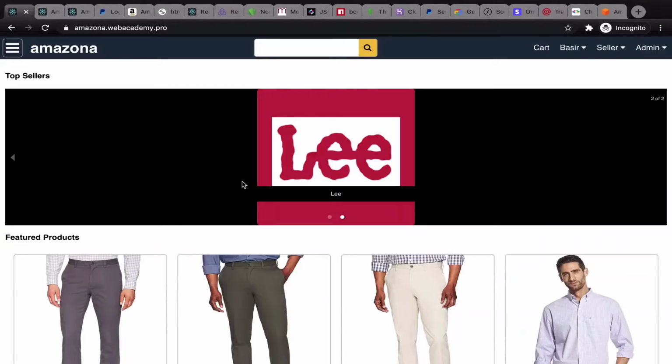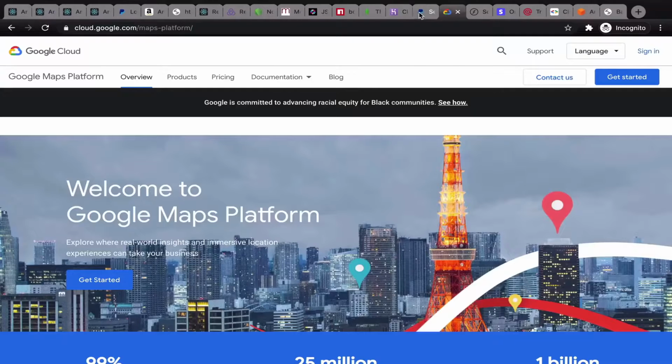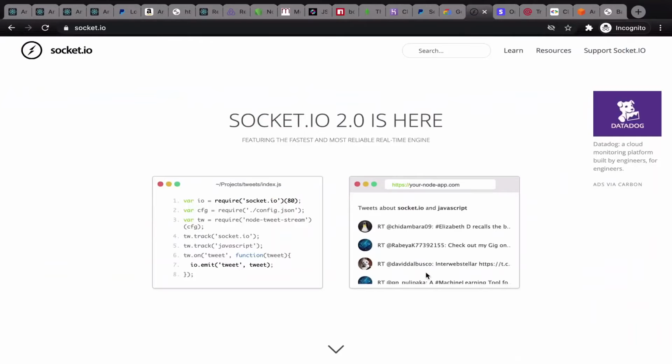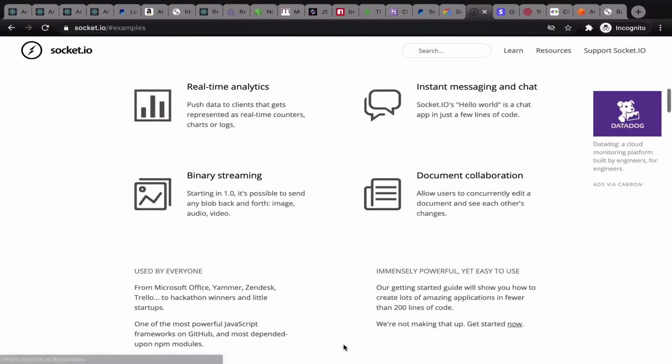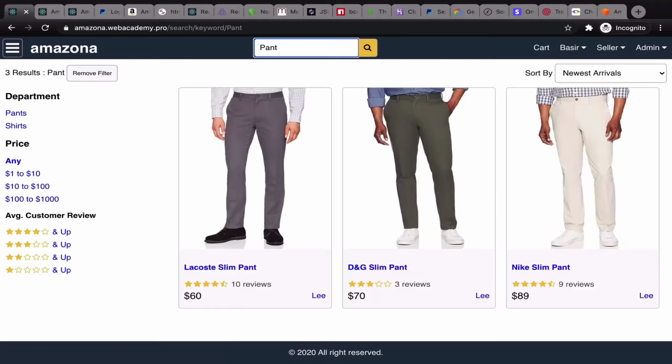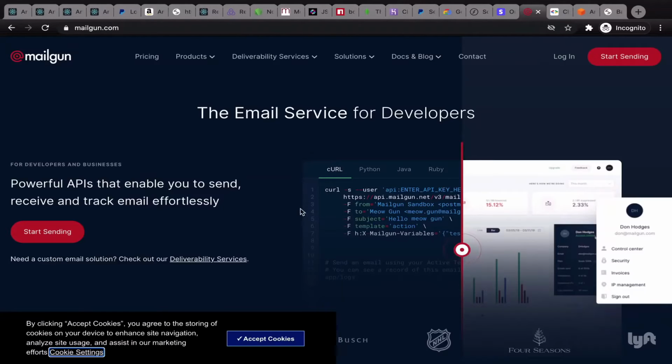What you will learn as an advanced developer at the end of this course is Google Map API to show maps and location on the screen, Socket.io in front end and in back end to chat online with customers, MongoDB transactions for inventory management, advanced MongoDB queries for product search by department, price, and category filter, Mailgun API to send